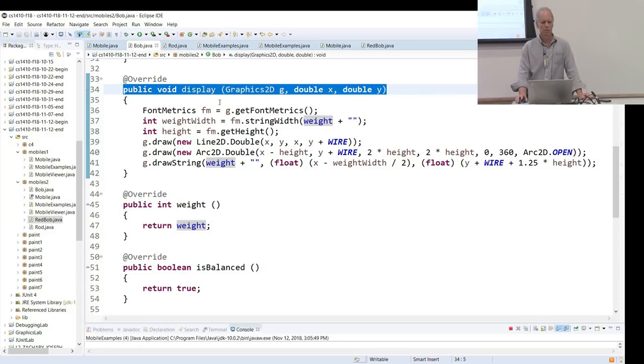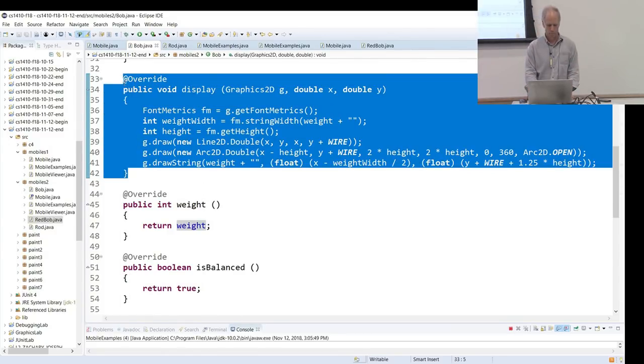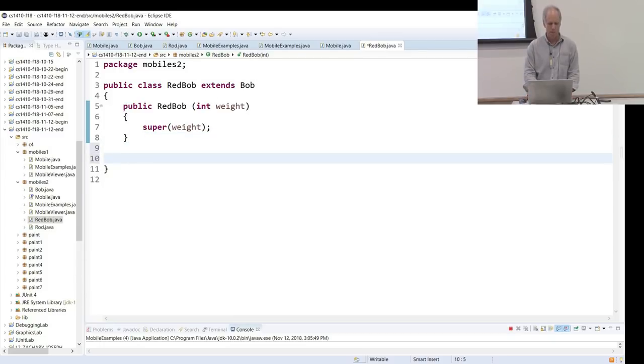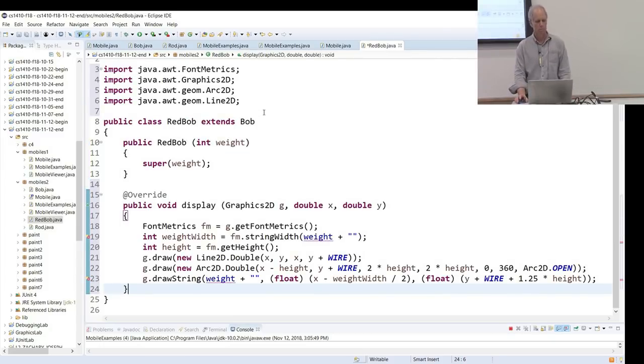Okay, we're going to change the display method so it draws in red instead of drawing in whatever color it's using now. So I've taken Bob, I'm going to go to red Bob, I'm going to paste this in. So we're overriding the display method that we inherited from Bob. And